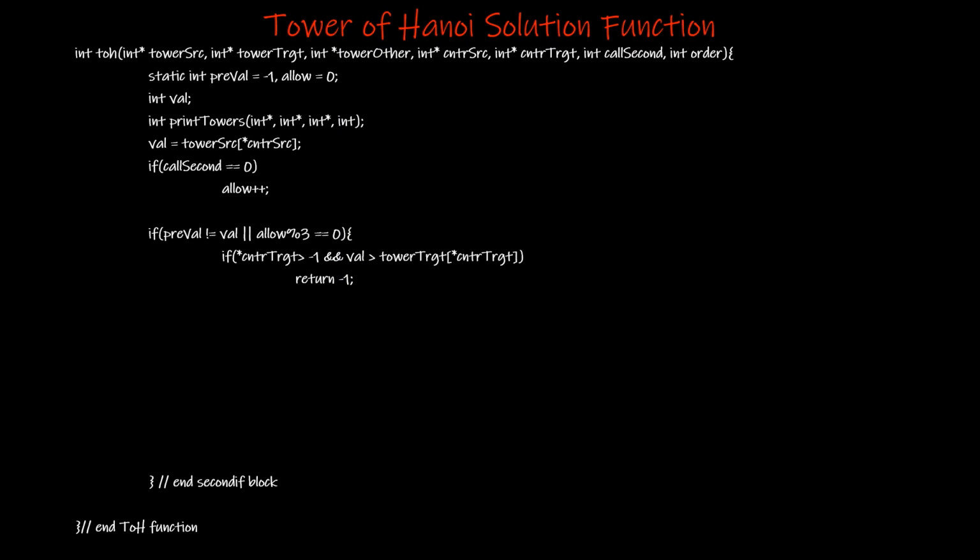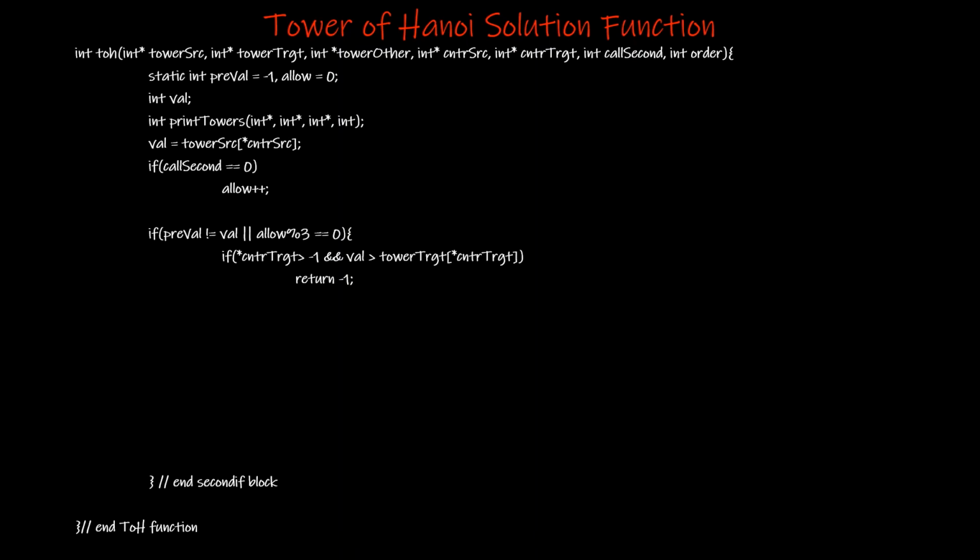And if that is the case, what you do is return -1, right? So what it means is that the disk which we are transferring is having size greater than the disk which is currently present below the location where we want to transfer a disk, and which is not allowed. There is a disk and that disk is smaller in size, and therefore return -1. -1 indicates that there was no successful transfer of the disk.